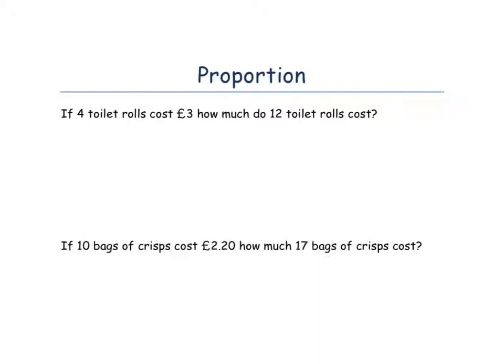What we're told here is that for every 4 toilet rolls it costs £3, which we could write as 4 toilet rolls to the pound, which was 3. But we want 12 toilet rolls. So what do we multiply 4 by to get to 12? Well, that's 3. So we're going to multiply the cost by 3 as well. And 3 times 3